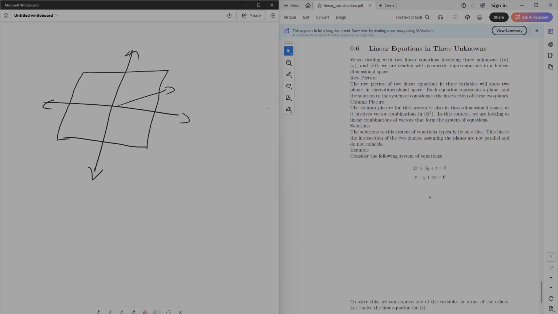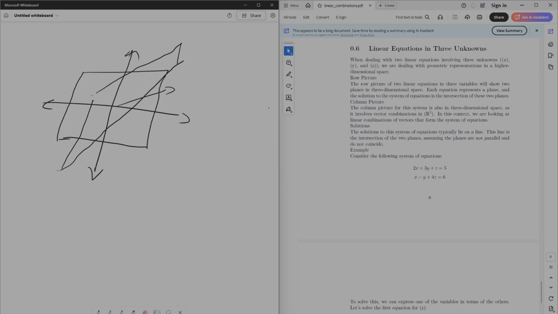The other plane might intersect, so they will intersect at a